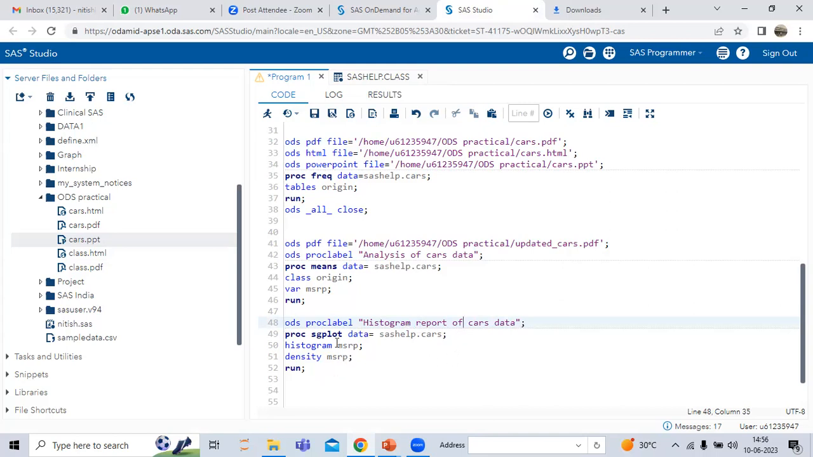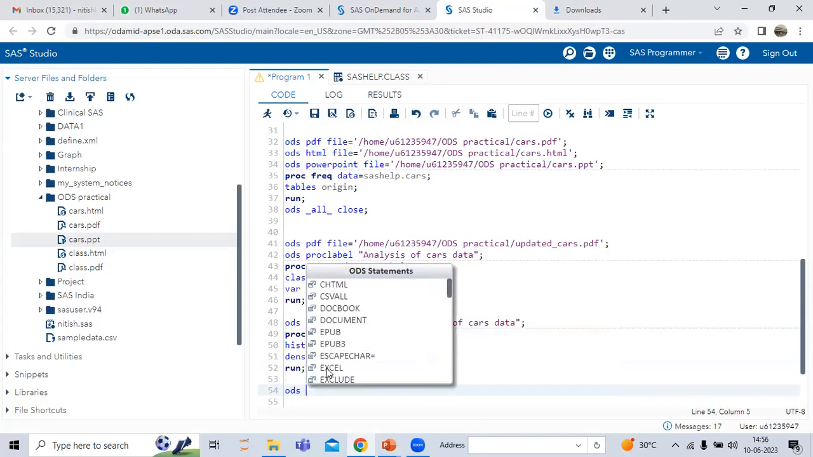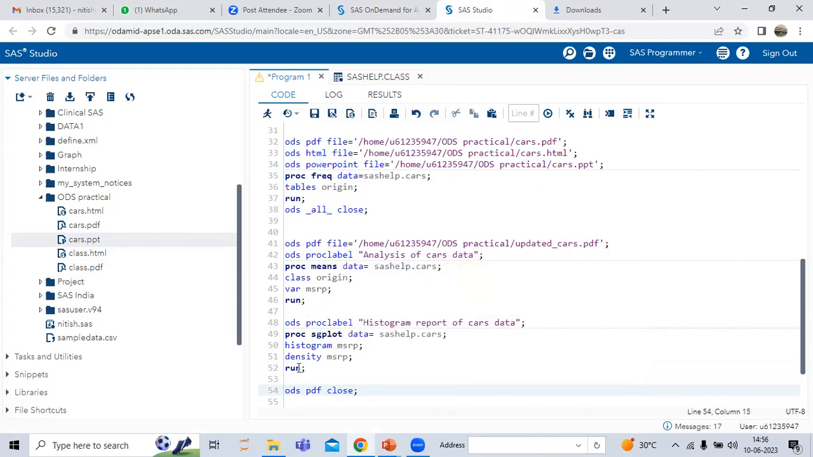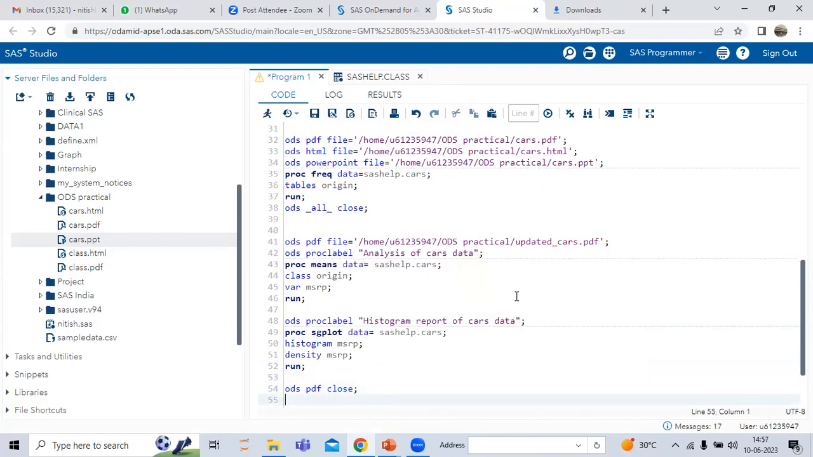Okay, so after that, here I will write ODS PDF close, semicolon. Now see what is my file name? That is updated_car. So in this updated_car PDF file both the reports will come. Okay, both the reports will come. Check it here, execute this,